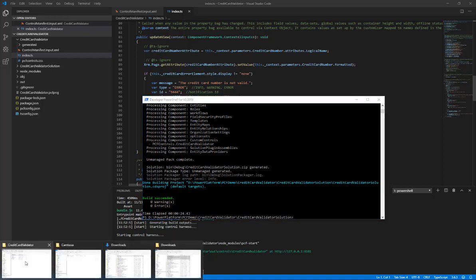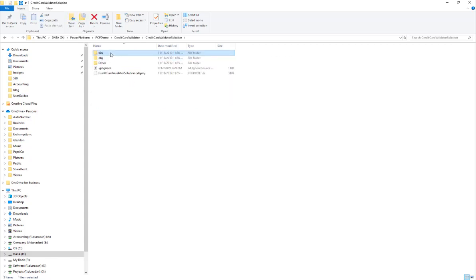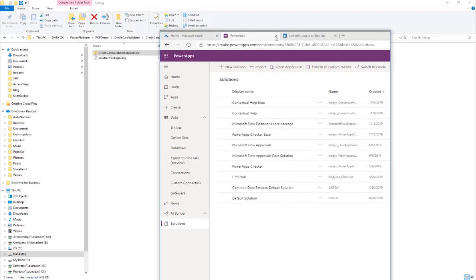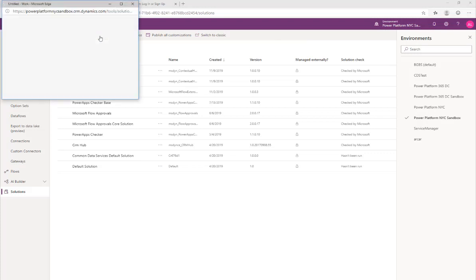So if we go back to our credit card validator, I'll see that I have my credit card validator solution, and from here I can go to bin debug, and I see this is my solution file, which is the solution that I'm going to import into my environment. So I'll open up one of my CDS environments, and I have my Power Platform NYC sandbox. I'm going to click on import,